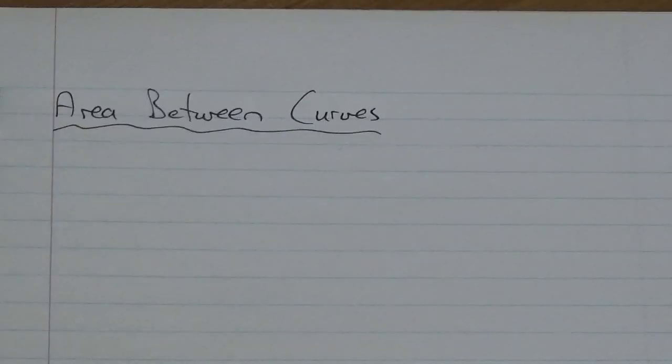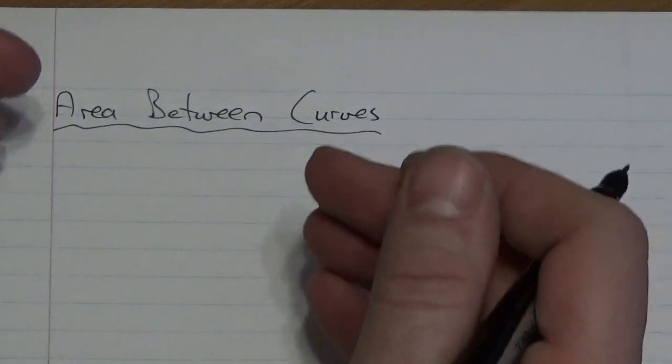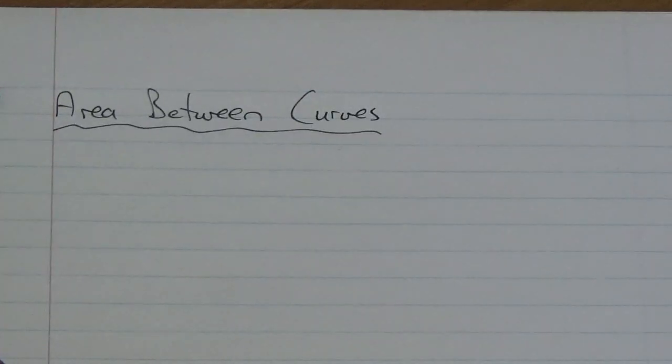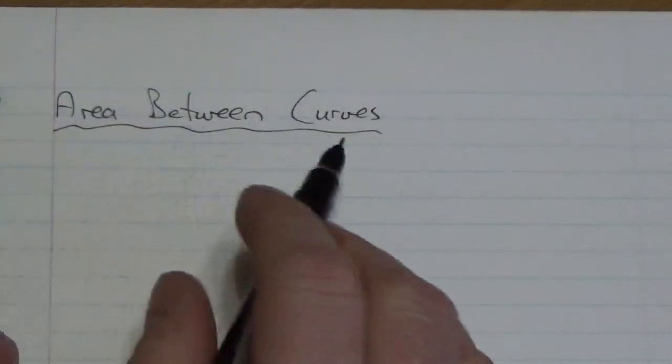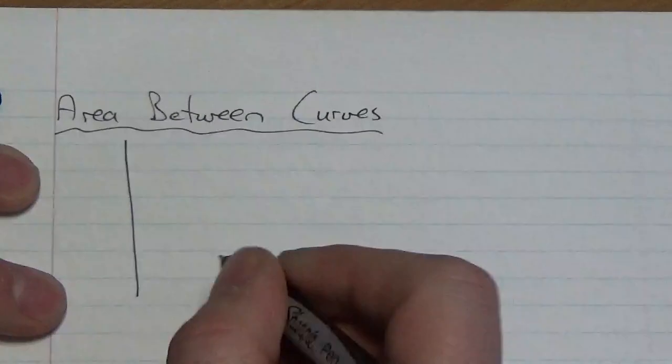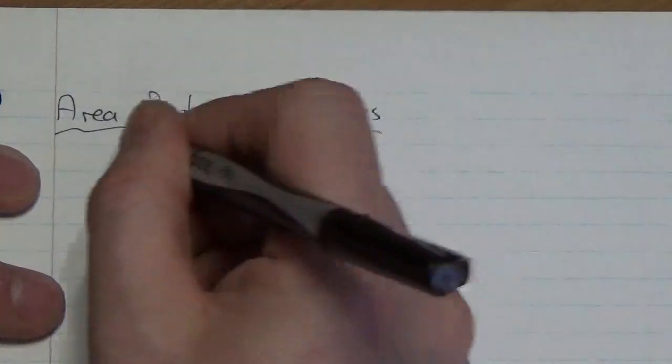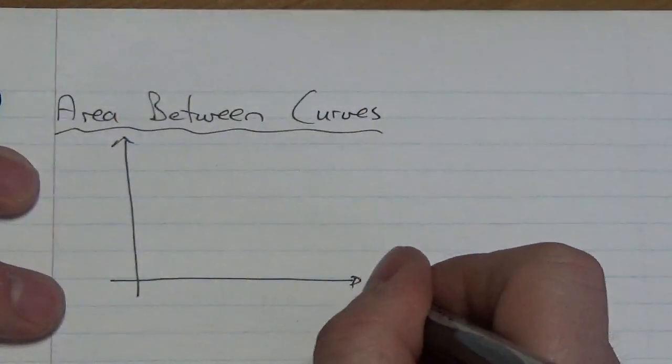Hi everyone. So in a previous lesson we looked at how to find the area under a curve using calculus, using antiderivatives. And now we're going to do the natural next step here, and we're going to look for the area between curves. So again, just to reiterate what we've done thus far, here's my x, here's